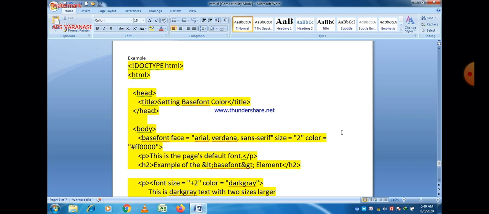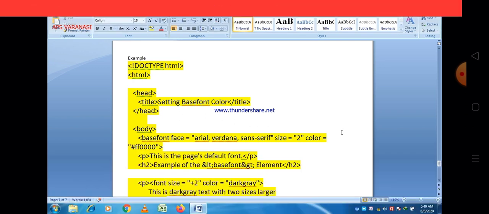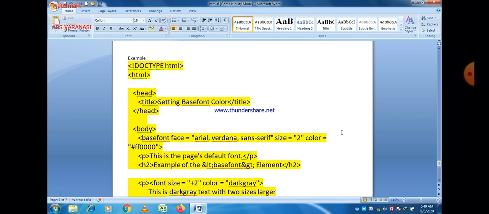Actually we define tags using less than and greater than signs. So if we want to print less than and greater than signs in our program, we use special characters for that: &lt; for less than, always putting a semicolon after it, and &gt; for greater than.